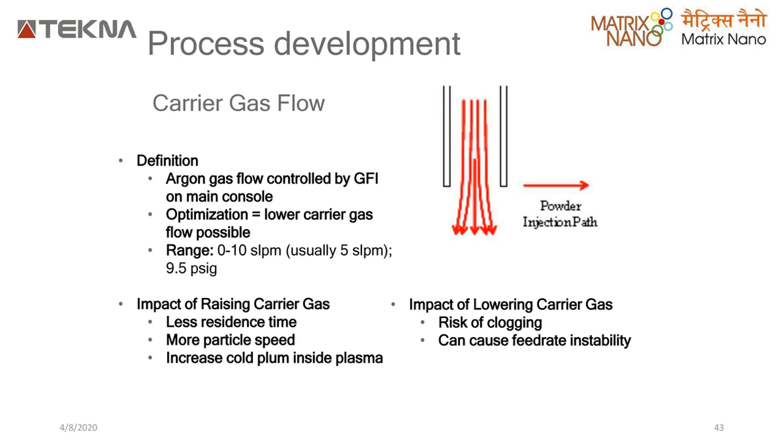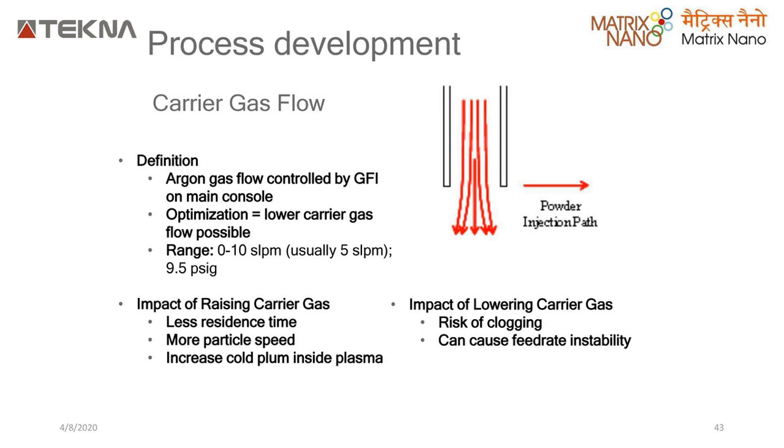If your powder is moving very fast, it resides in the plasma for a very short time, and there is more inert gas and more ion quantity there, so it is not able to ionize all the material. Half of it forms a cold plume and stays cold itself. So always try to keep the carrier gas low, so that you have less cold plume in your plasma, with adequate plasma available to ionize each and every particle.